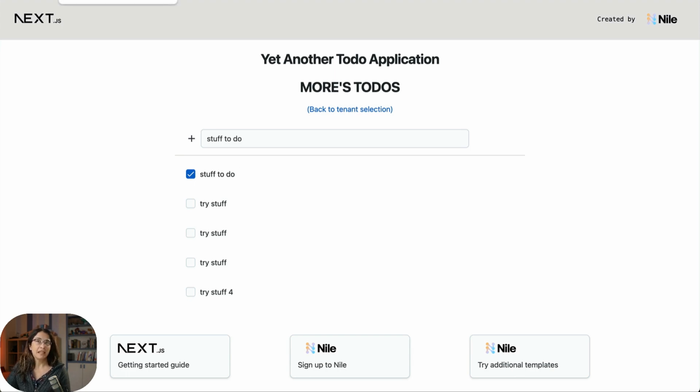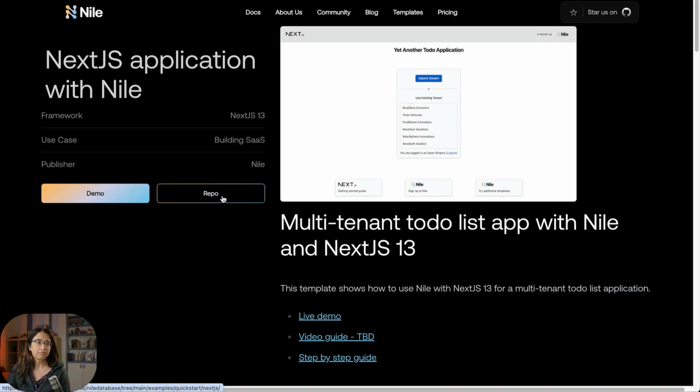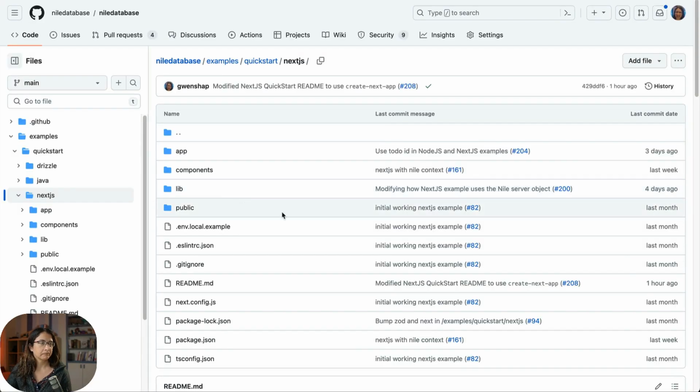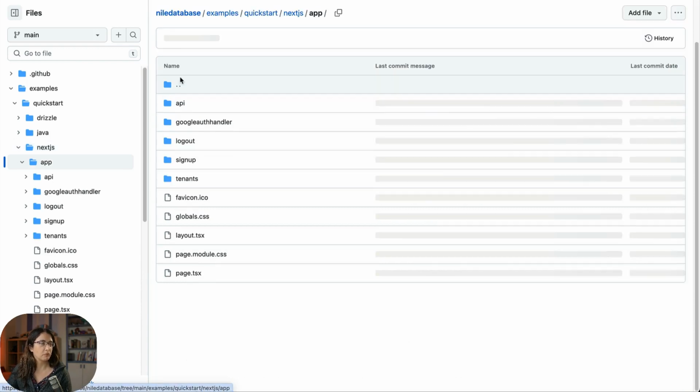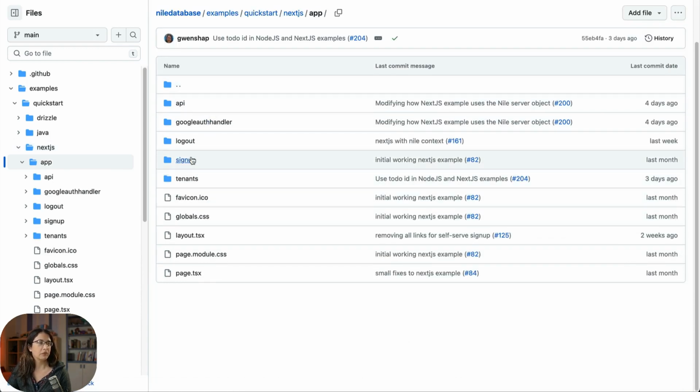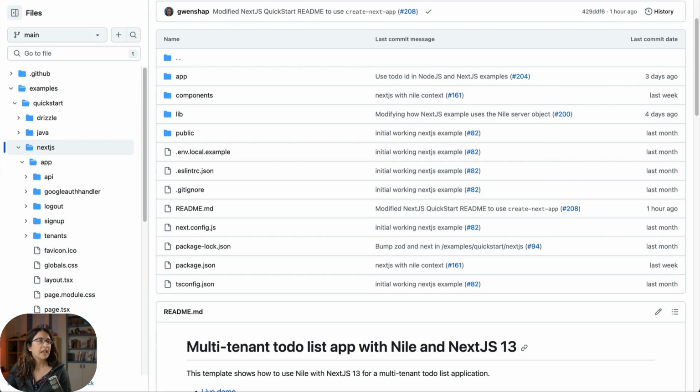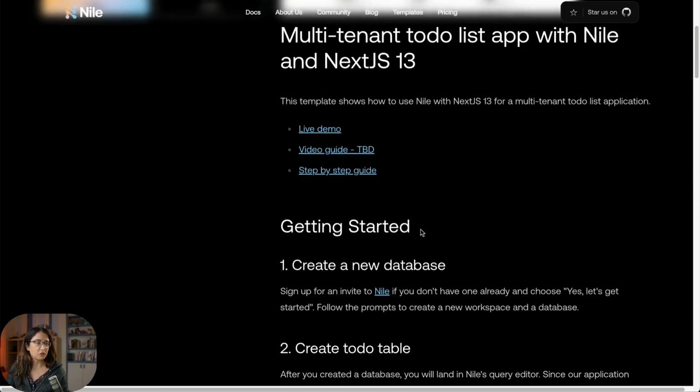Now, if you decide, hey, this is an example, I want to build SaaS that uses those capabilities, I would like to use this template, you can go here, go to the repo. We have the README, you can look at all the code here, you can browse exactly what we're doing, how we're doing everything. And then the logical next step is to clone it, to try to run it locally before you start making your own modifications. So in order to run this example,